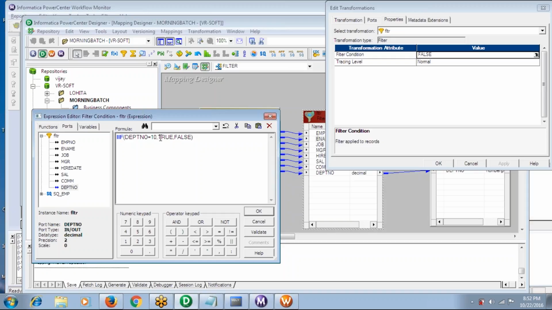If you use true and false in this way, there is no need to use the filter transformation. So I am giving department number equal to 10, true, false. If the department number equals 10, that means any records with department number 10 will be loaded. Records other than department number 10 will not be loaded. But finally, what is this condition? Department number 10 will be loaded into your target. For that,